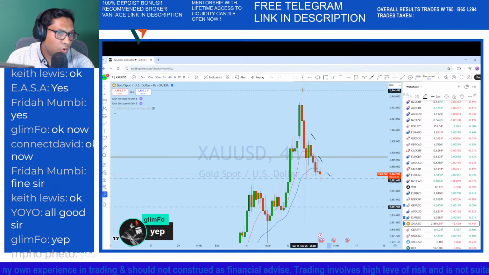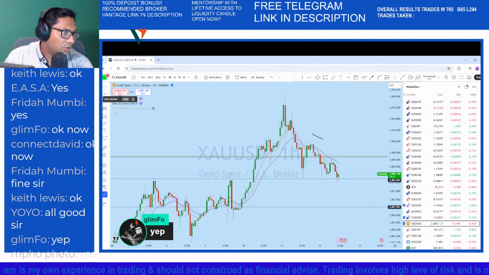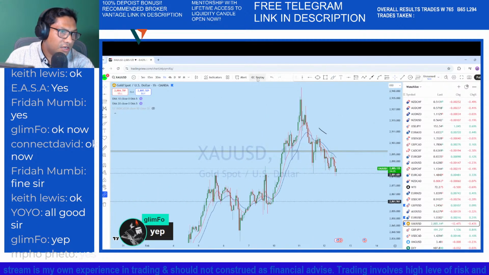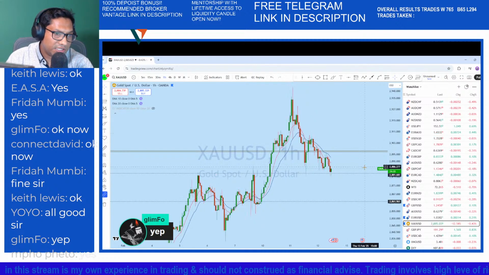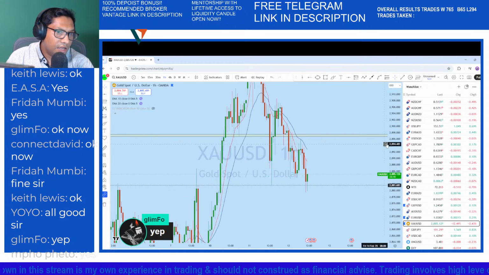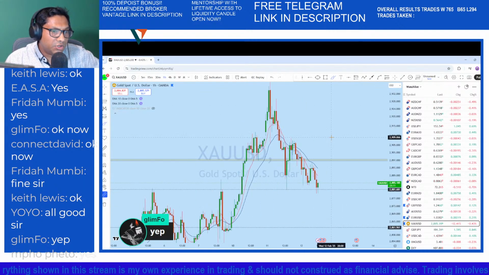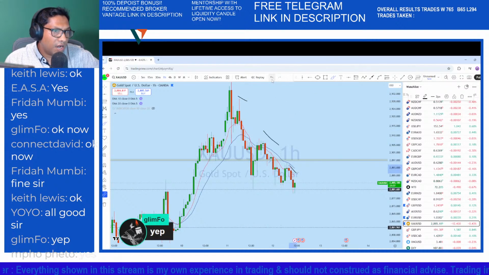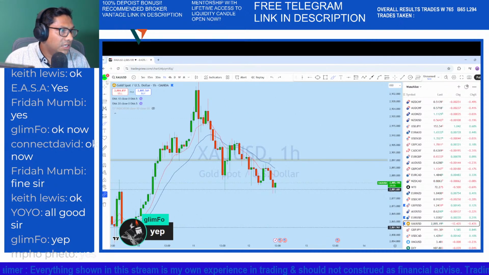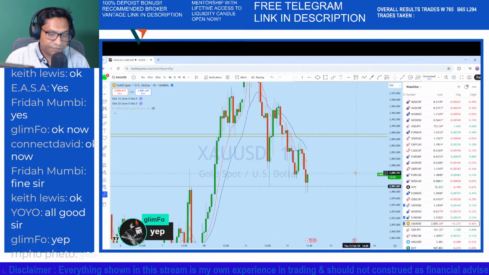The market is forming a series of lower highs. Going back to the 1-hour chart, here is what we can see from the lower time frame price action. This is where a big drop happened in that area. This is the level where we can see a series of lower highs, and with this series of lower high formation on XAUUSD,